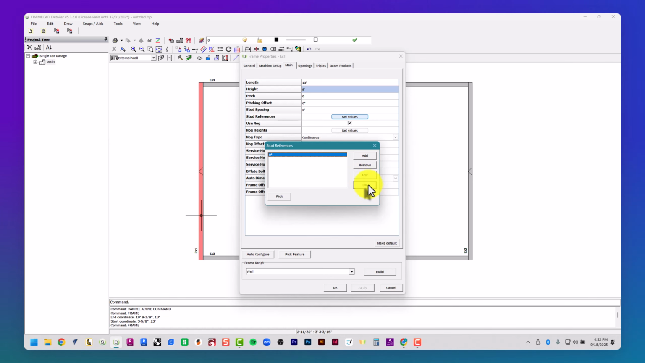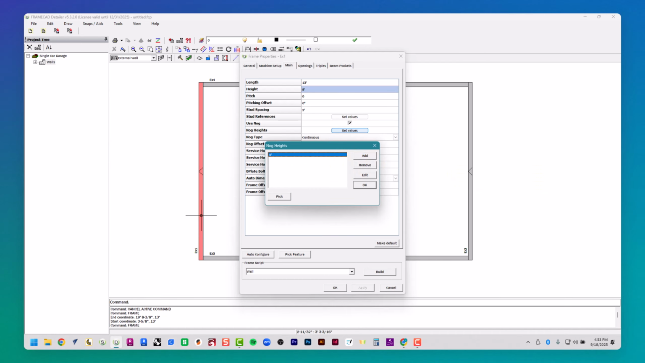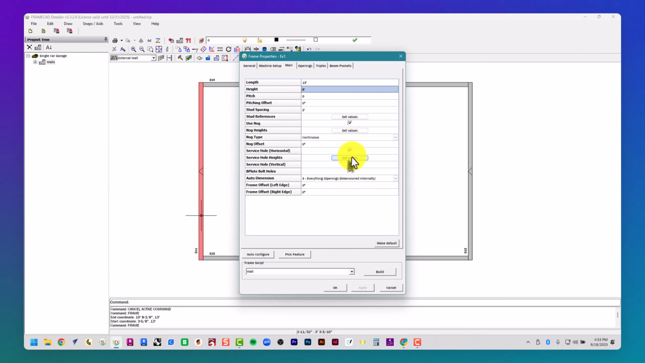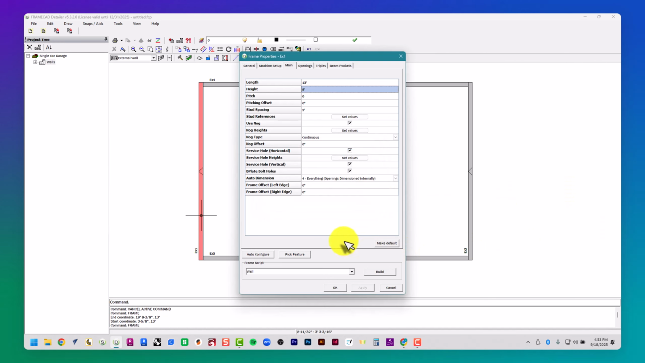For Use Nog, we're going to go to Set Nog Heights, and we're just going to have one at 4 feet. For service holes, there should be 2 listings, one at 1 foot, the other at 1 foot 6 inches. If you want these settings to be your default settings moving forward for any new walls that you create,